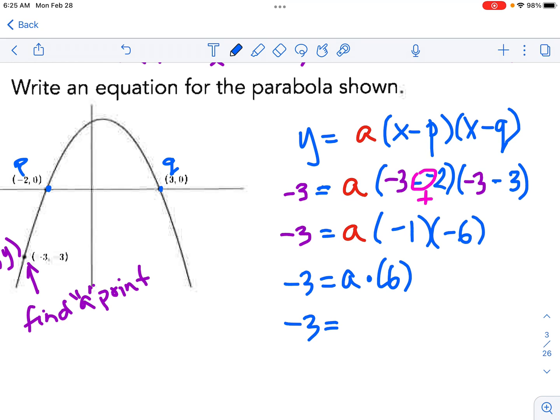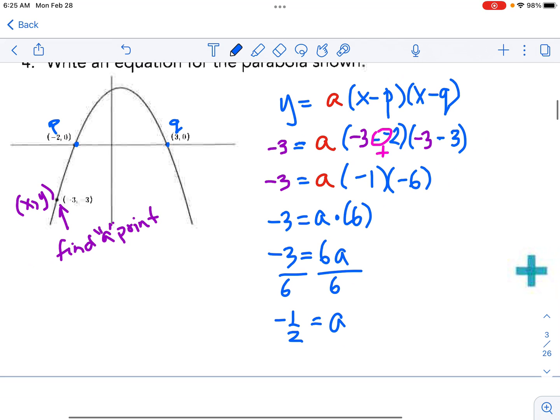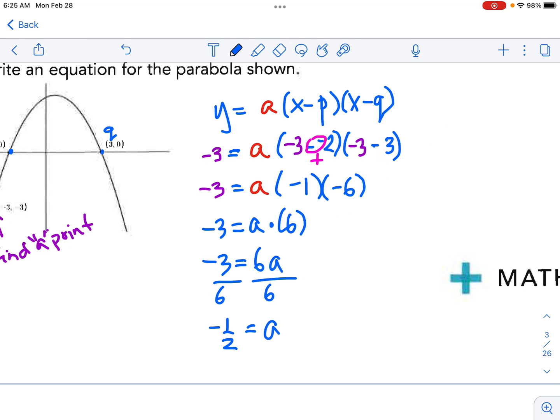Or the way we would really write that is 6a. So we're going to divide by 6. And we have a equals negative a half. So our table is, first of all, the parabola is upside down, so a negative a checks, right? That means it's upside down. And it's a half, so instead of the 1, 3, 5, it's a half and 3 halves and 5 halves